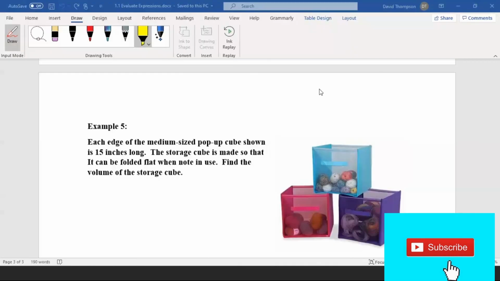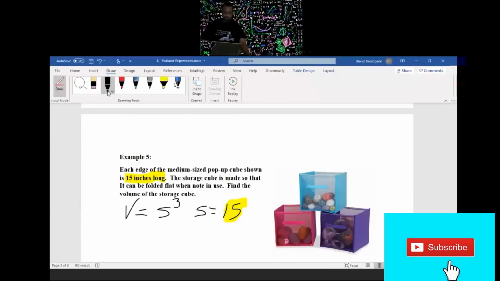Each edge of the medium-sized pop-up cube shown is 15 inches long. The storage cube is made so that it can be folded flat when not in use. Find the volume of the storage cube. So first we need the volume of a cube, which is V equals S cubed. So we know S equals 15. So now we just plug in our 15 for S. So 15 cubed